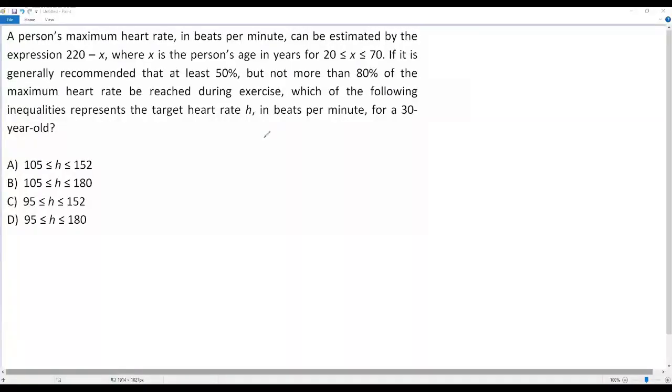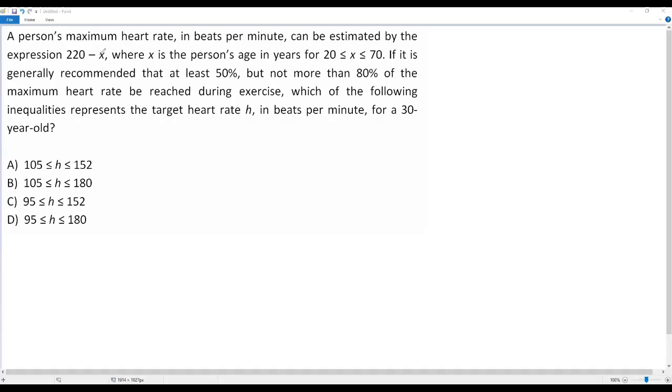Here we have a SAT math question. Okay, let's go with the information. A person's maximum heart rate in beats per minute can be estimated by the expression 220 minus x, where x is a person's age in years for 20 less than or equal to x less than or equal to 70. If it is generally recommended that at least 50% but not more than 80% of the maximum heart rate be reached during exercise, which of the following inequalities represents the target heart rate h in beats per minute for a